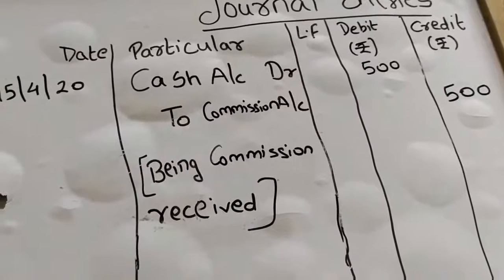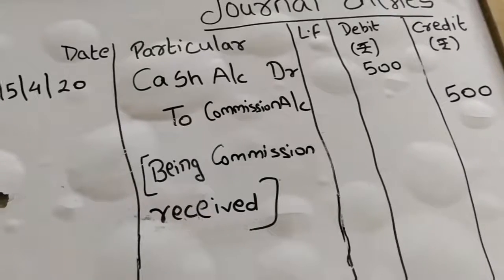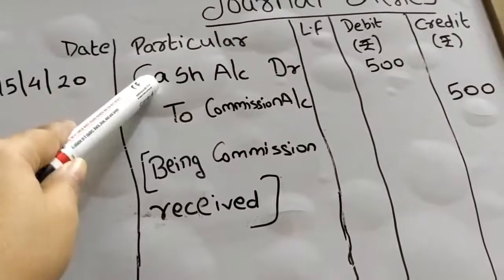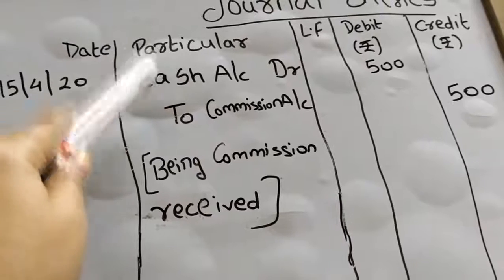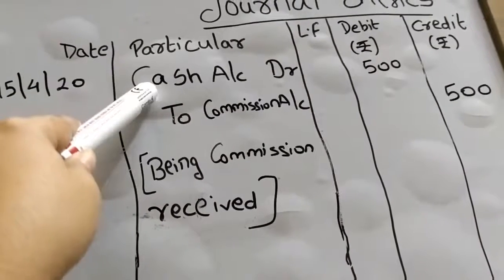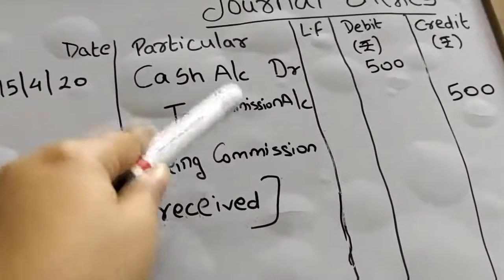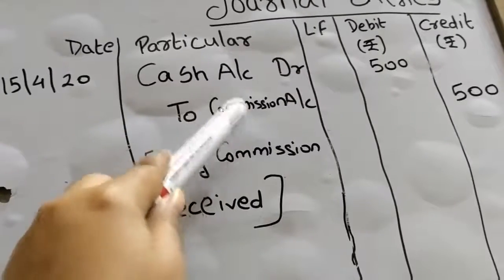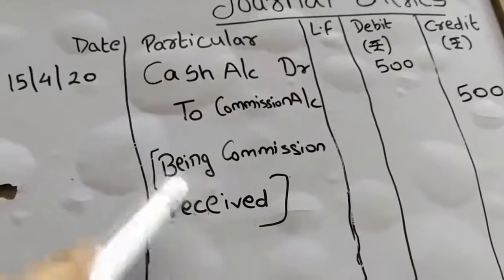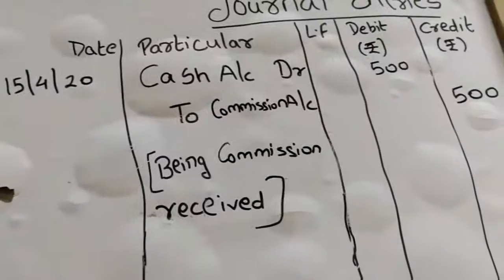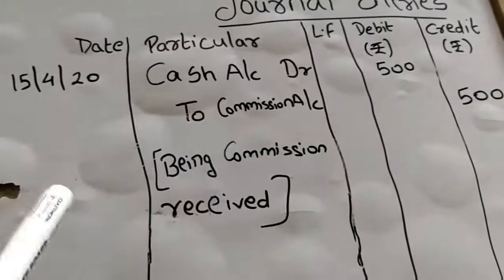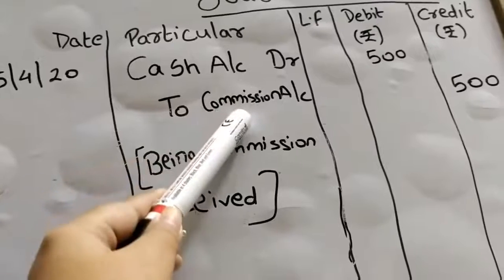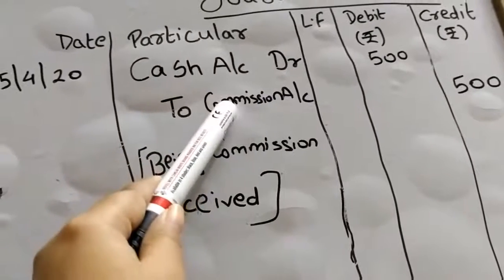क्रेडिट करना पड़ेगा. सो जो भी बिजनेस में आ रहा है उसे हम डेबिट करते हैं. कैश आ रहा है, कैश रिसीव हो रहा था तो हमने उसे डेबिट किया है. और जो भी हमारी इनकम होती है उसे हम क्रेडिट करते हैं. क्या करते हैं? क्रेडिट. सो कमीशन रिसीव्ड है. रिसीव्ड है मतलब हमें मिली है तो वो हमारी क्या हुई? इनकम हुई. So because it's our income, we will credit it.